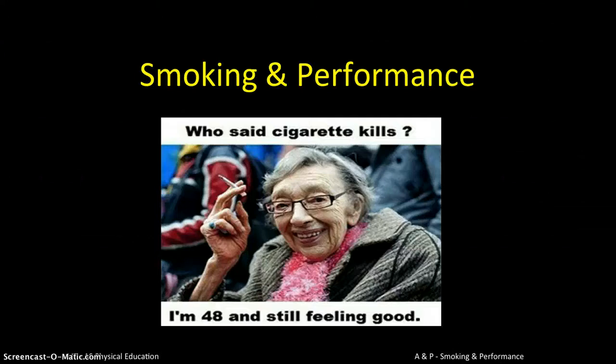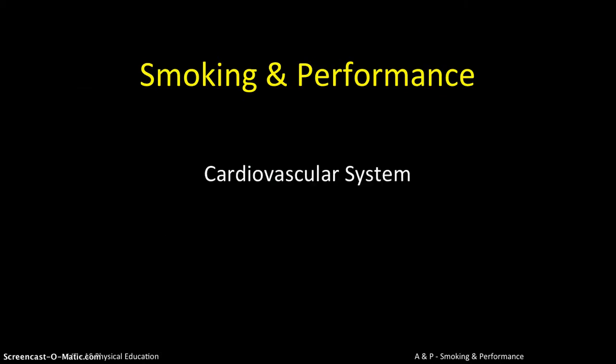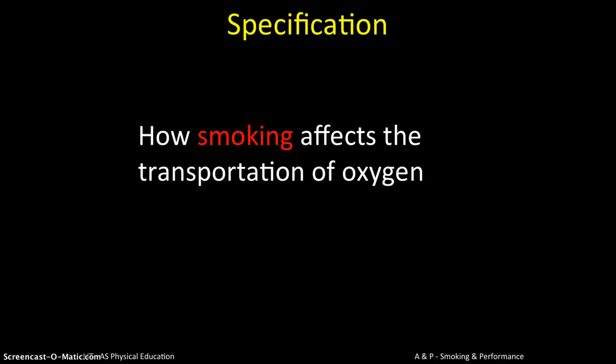So we're going to look at smoking and performance, and particularly how smoking affects the cardiovascular system. Obviously it can affect the respiratory system and lots of other elements of health, but we're specifically going to look at the cardiovascular system within this video. So the cardiovascular system is essentially about supplying our muscles with oxygen to allow us to perform